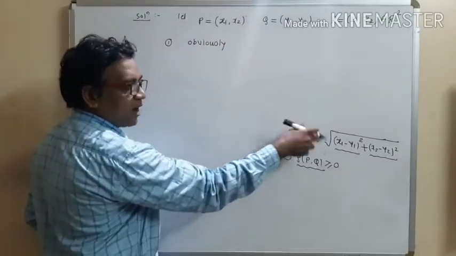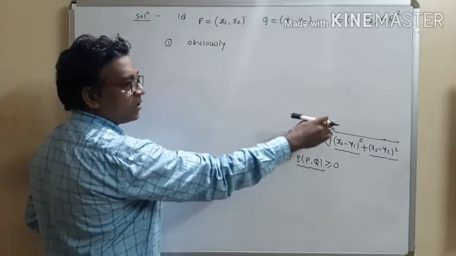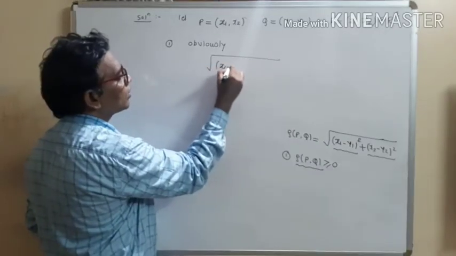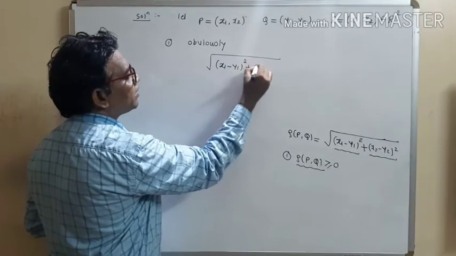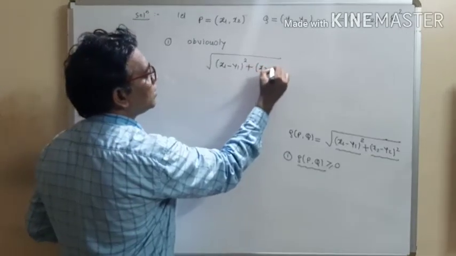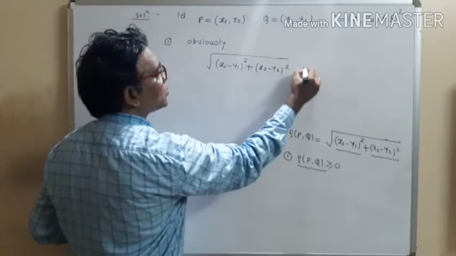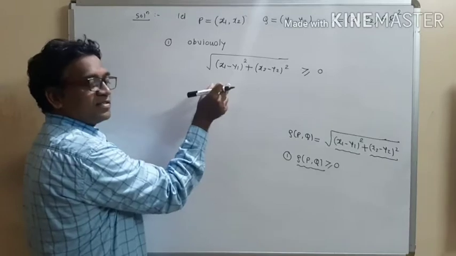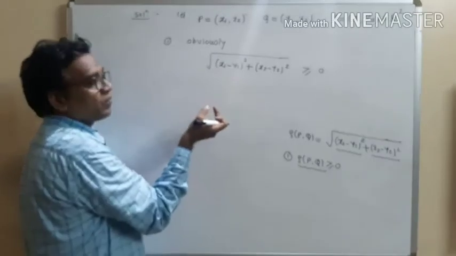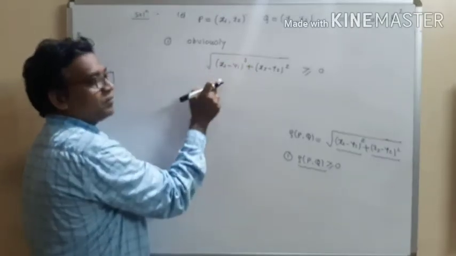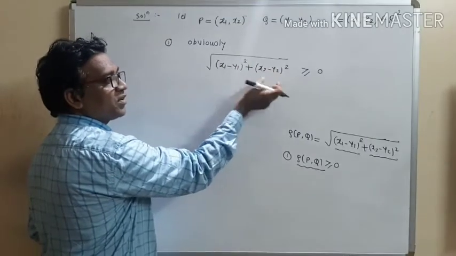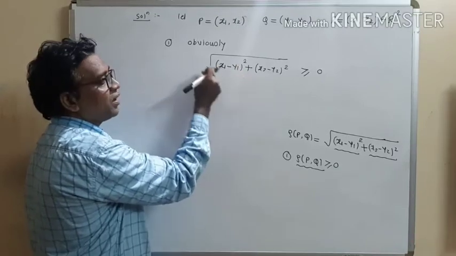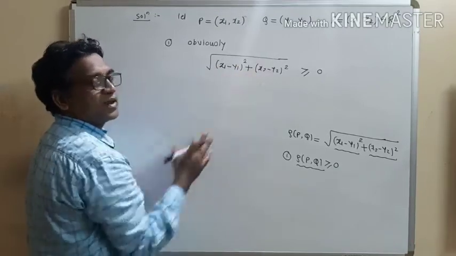just observe the value for rho of PQ. It is some non-negative quantity. So right here this is under root (x1 minus y1) bracket square plus (x2 minus y2) bracket square. This is greater than or equal to 0. So how to write this is greater than or equal to 0? There is some reason. Square term, this is a non-negative term. (x2 minus y2) bracket square, this is again a non-negative term. Sum of non-negative terms is non-negative, and square root of a non-negative term is again non-negative.